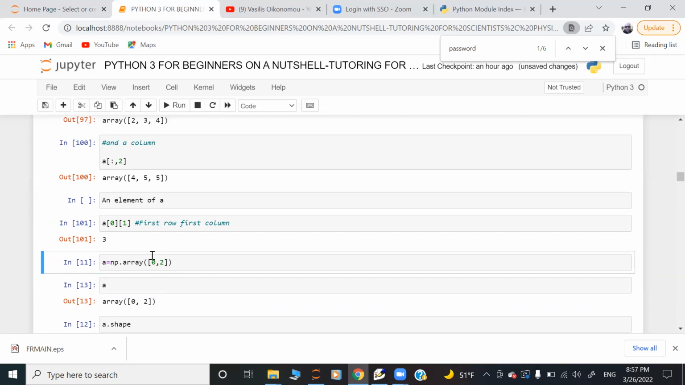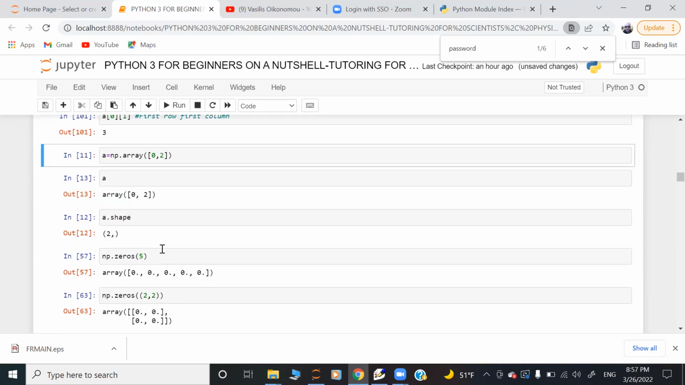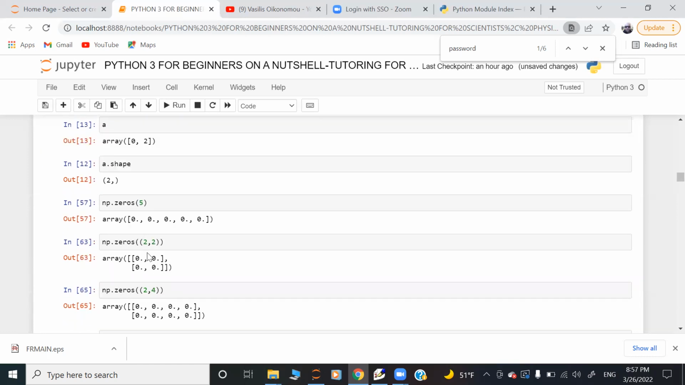I define again the NumPy array as 0, 2, and the shape is basically a vector. I can print it. I can generate a NumPy array filled in with zeros just by putting np.zeros(5). So I'm going to have 5 entries, which are going to be 0. If I want to make a 2 by 2 matrix filled in with zeros, I can use np.zeros. These are very frequent